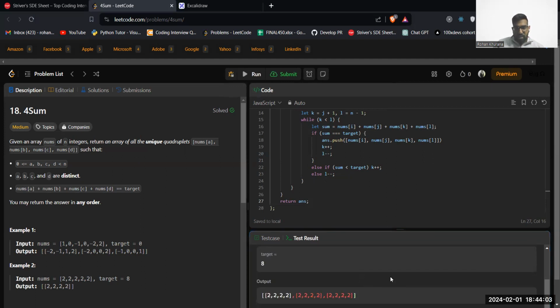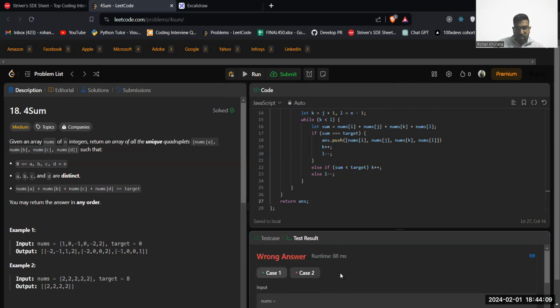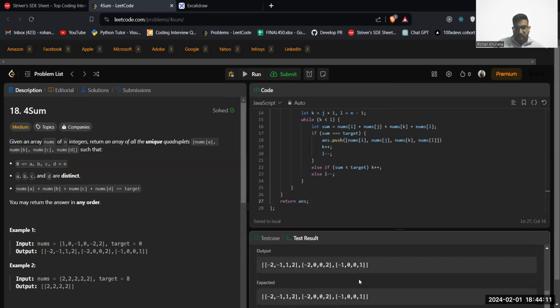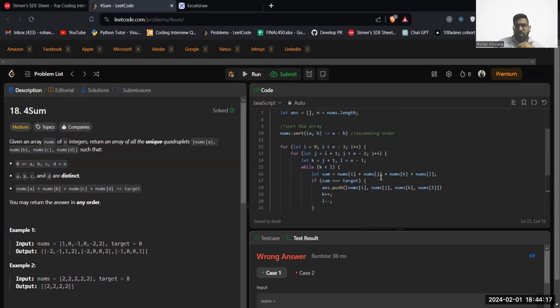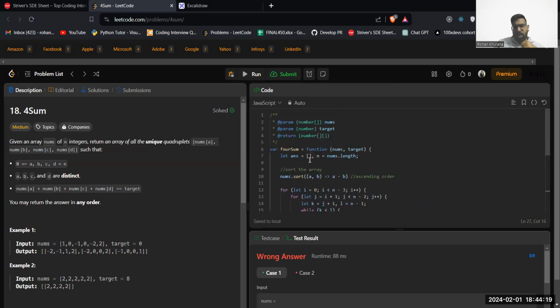Okay, we are getting a wrong answer because of this thing. So output should be only one, but we're getting it multiple times. Okay, yeah, that is also one case I thought that it would surpass, but okay. For that, what you can do is you can either take a set of it, but this will give you a TLE. Now, why will it give you a TLE? Because